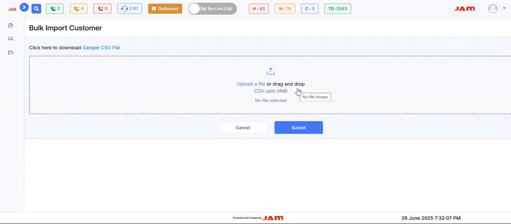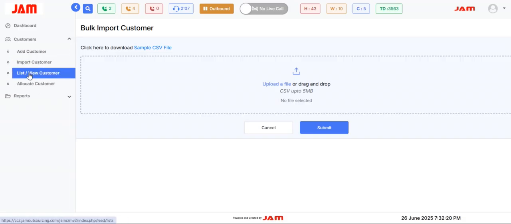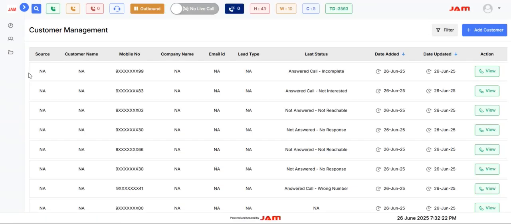While uploading this data into the CRM, duplicate numbers will get updated and only 10-digit numbers will get uploaded. Coming to list view customer, whatever data you have added manually and uploaded in the form of Excel would be listed in this customer management form.